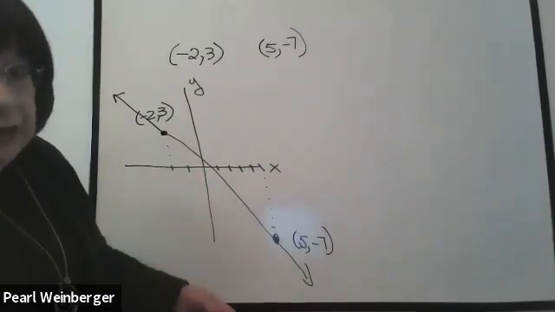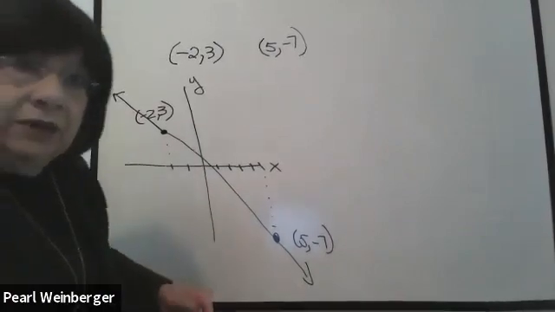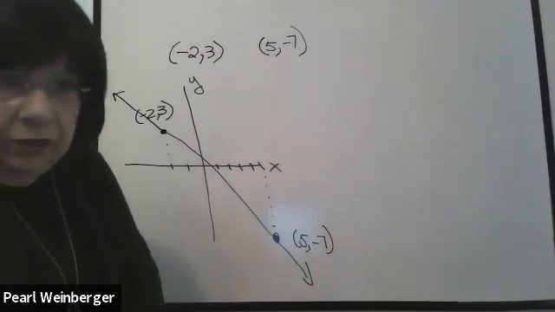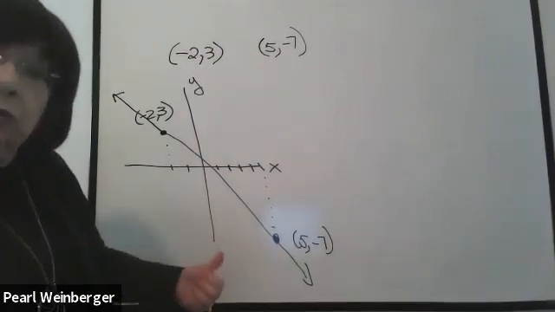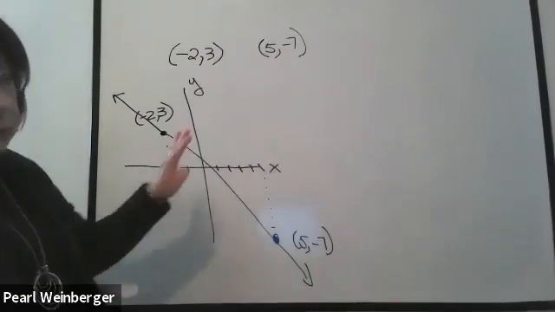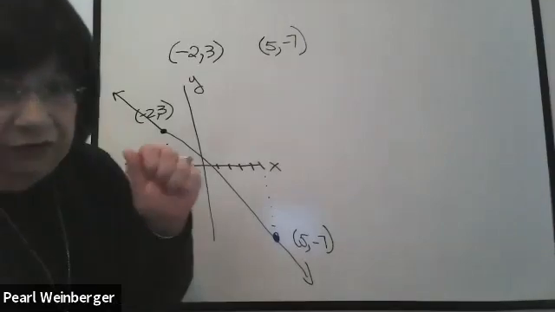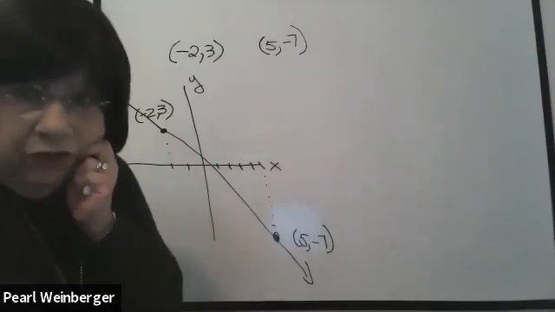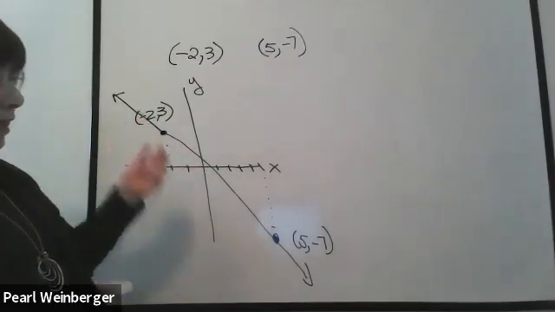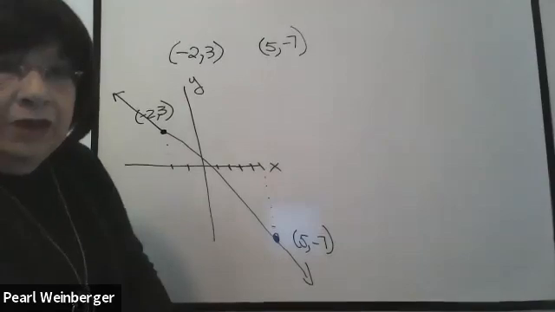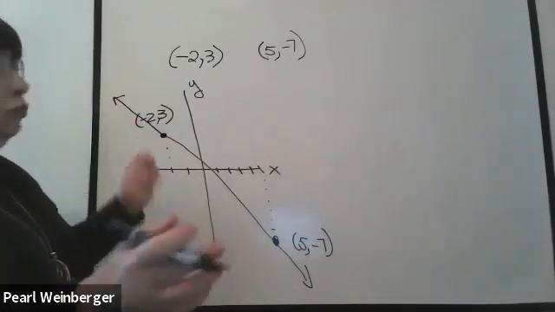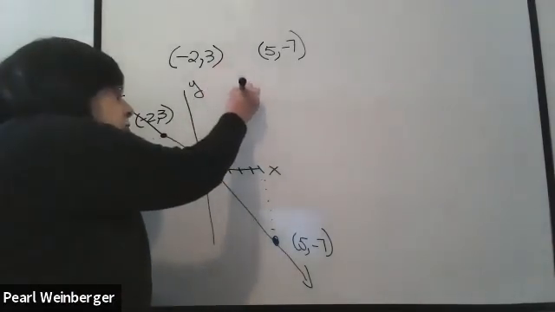What we would like to be able to do is find the equation of this line. And in order to write the equation of a line, there are 2 things that we'd like to know. We'd like to know its slope, and we'd like to know its y-intercept. We'll go on a little bit further in that, but let's first talk about how we can find the slope of this line. That's the other method of finding the slope. I didn't give you an equation, I just gave you 2 points, so I have to use the slope formula,